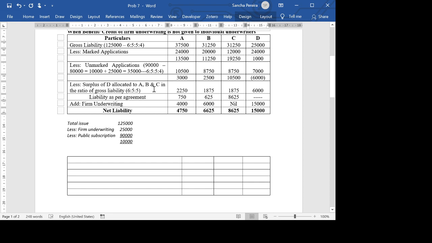If you solve under benefit given, this thing may totally change. You surely won't get the same figures, most likely. Maybe D may have to take up something, somebody else may not have to take. Okay, so if you want to experiment, you can do it by yourself. The next